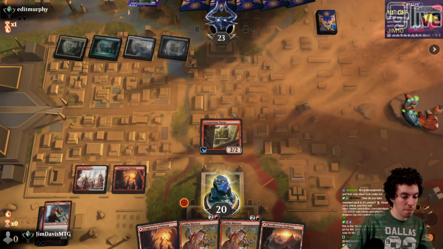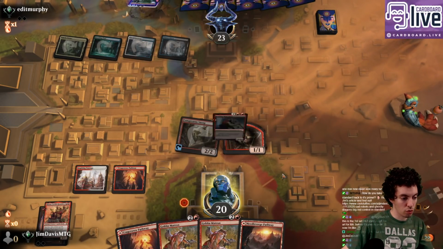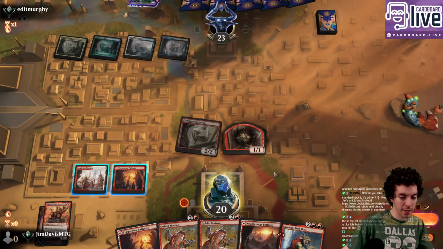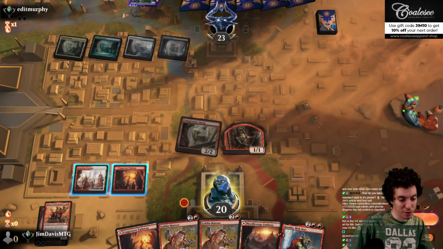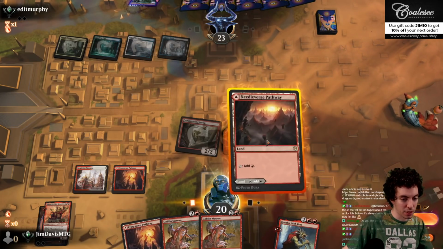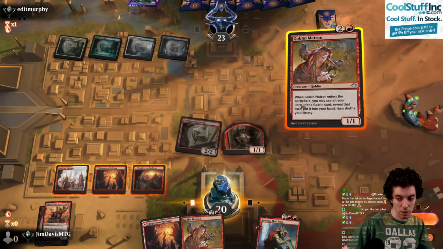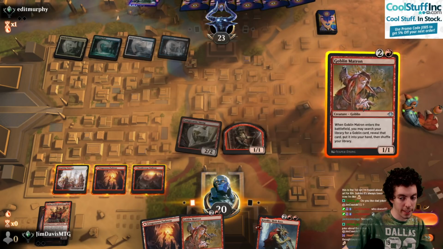Alright, so upkeep, make a token. Draw. Muxus on top. Nice mulligan. The problem is now I can't cast Matron. I guess I can cast Matron, just put the Muxus in my hand. Well, it's like I'm casting it next turn, so like... Yeah, we're just gonna put a Matron. Super awkward, but...